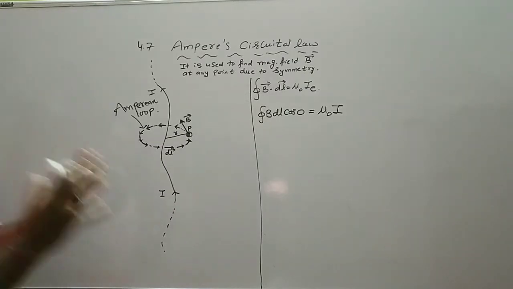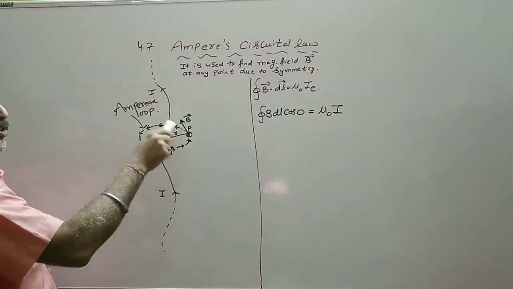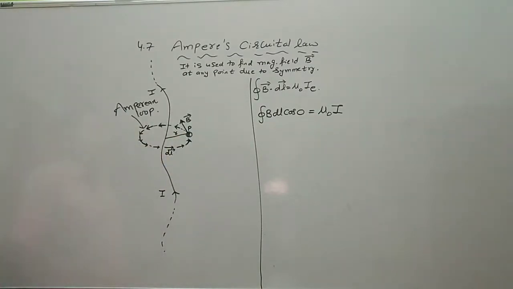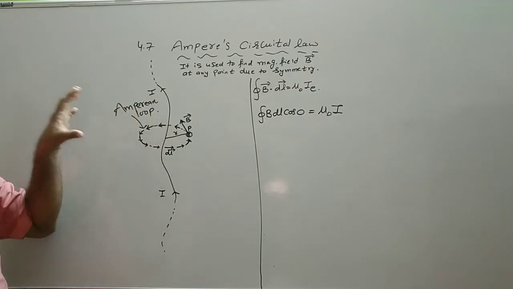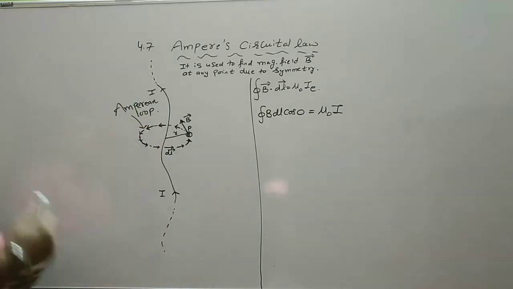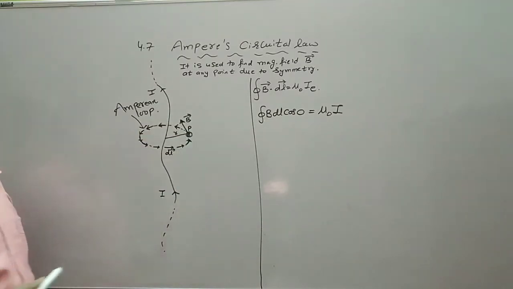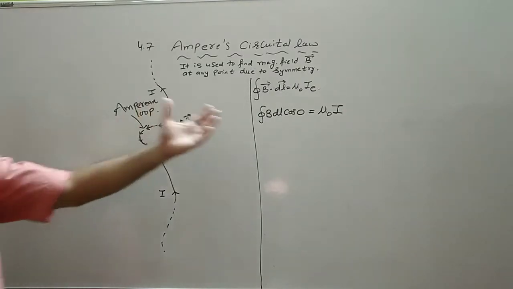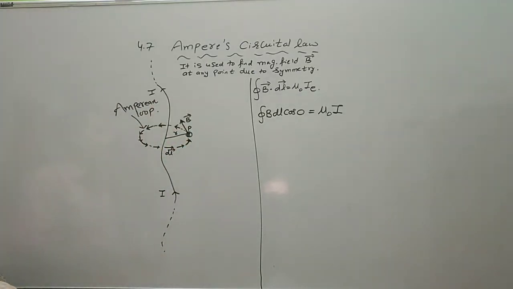So it is easier if we take the direction of the B vector in the direction of the line element, or B is tangential. This is the easy symmetry. Suppose you take the opposite, there should be a minus sign on this side,